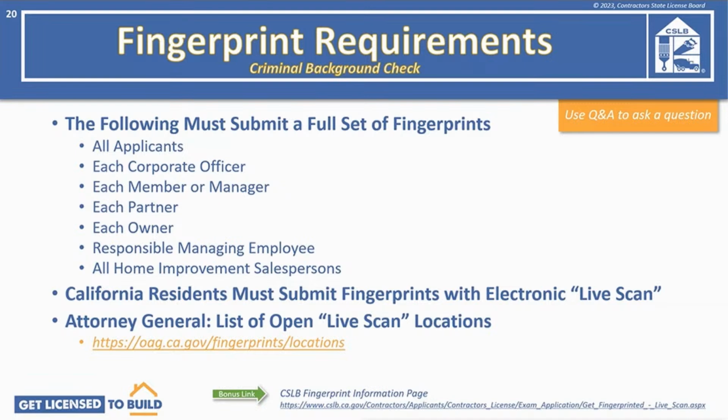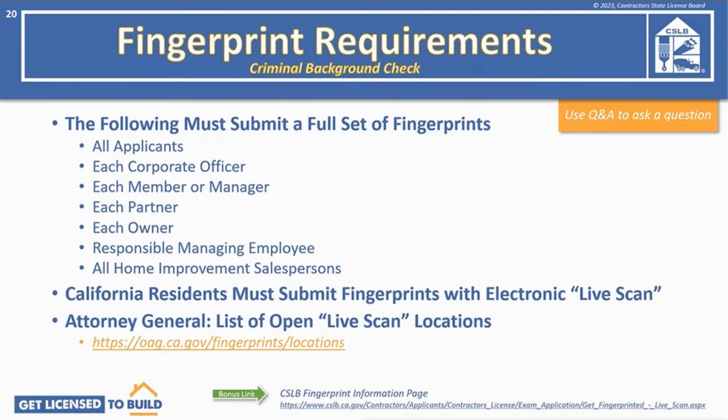If you're in California, you must submit fingerprints electronically with what is called live scan. You can get an updated list of live scan locations in California, broken down by county, on the Attorney General's website. We have a link here. Or you can simply go to the Attorney General's website and search for live scan. You will also see we have a bonus link at the bottom of the screen to the fingerprint information page